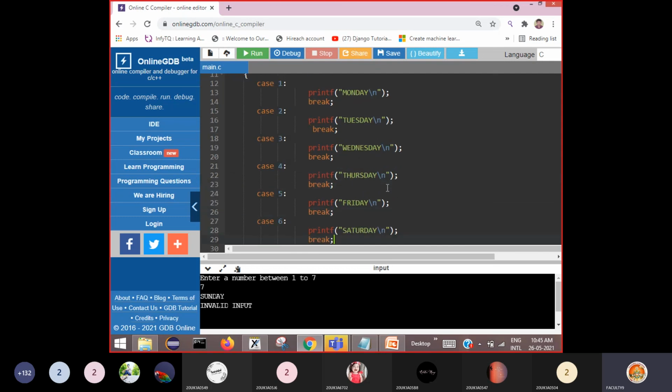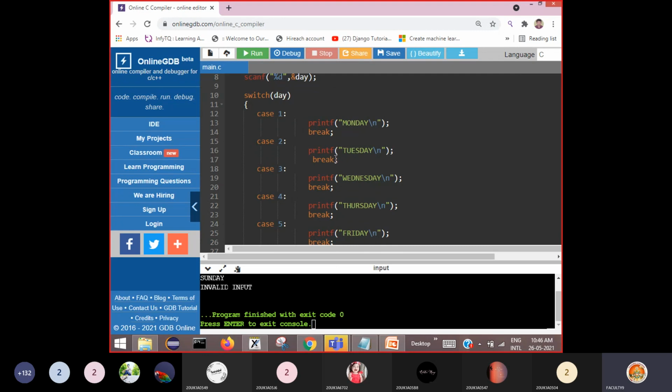There may be some situations where you want to execute any one of these 4 cases. If any one is matching, it is okay, and in such a case you can remove these break statements. We'll write a program for that also. Like yesterday, we saw the vowel, consonant or digit program, no? That can be best expressed by using this switch case also.